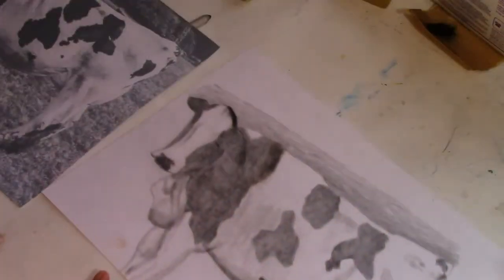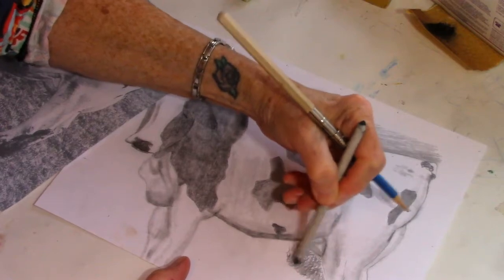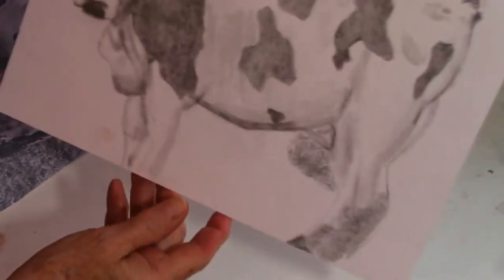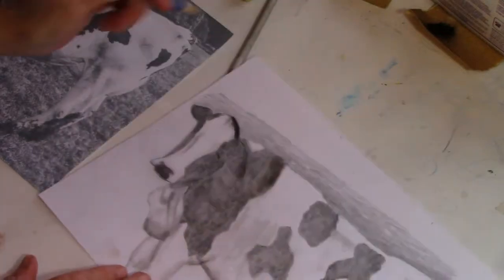So you did all the bottom there, that'll look like grass. Then you put your shadow in. If you want to put a shadow in, all you've got to do is take your blending stump and then you can put the shadow in there, or you can draw it in with a pencil. But I just wanted to show you where you put your grass. But we brought the cow to life,